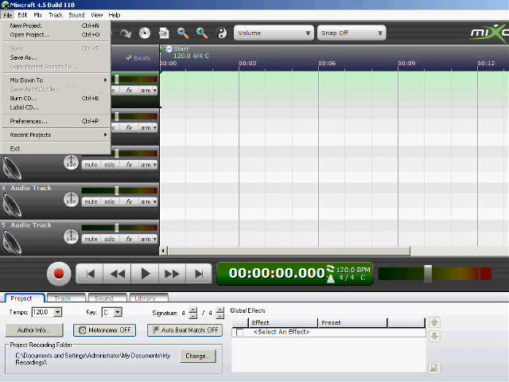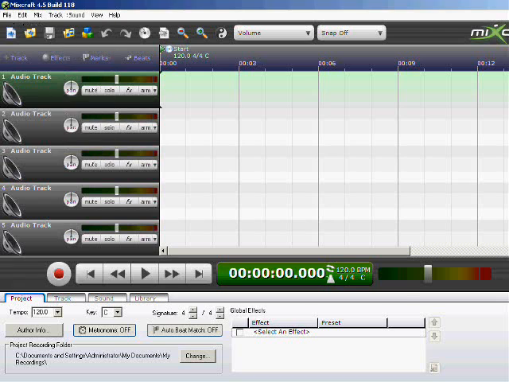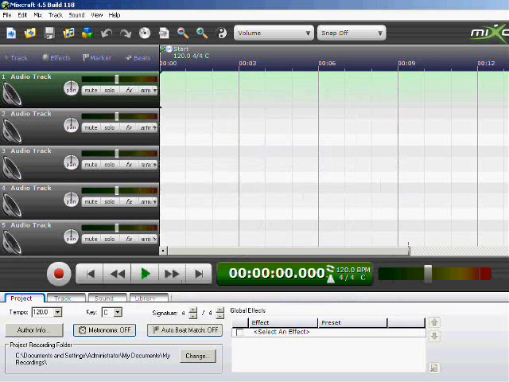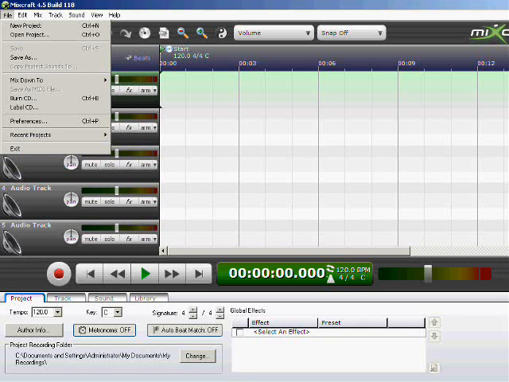Okay, now you're actually going to start up your Mixcraft. It should look something like this. Go down to Preferences and change your input. Well, your input should already be at your motherboard or sound card or whatever, and you want to keep it at that. Your output you want to change to virtual audio cable. Make sure you use the same one for everything. Like if you're going to use virtual audio cable 1, make sure everything says virtual audio cable 1. Okay. Now